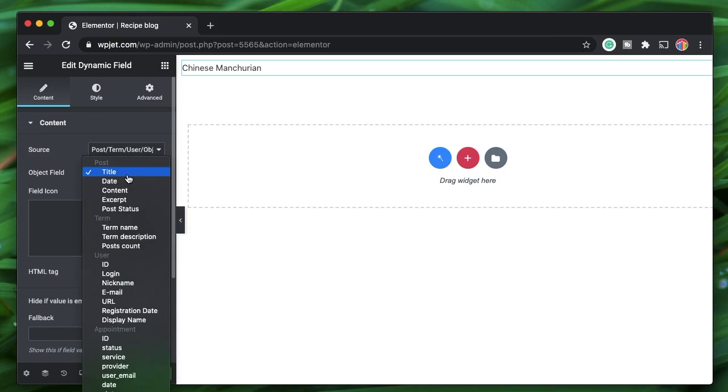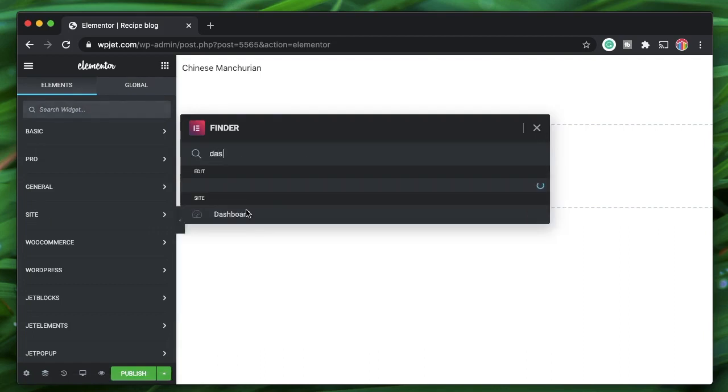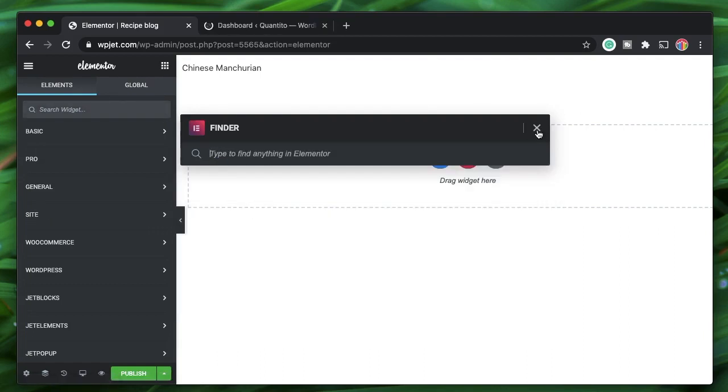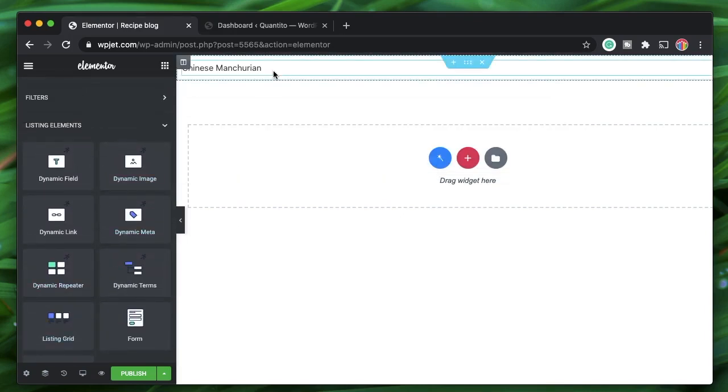I'll just drag that in, and I think it's better to copy from the custom post type that we already designed. So I'll go to dashboard. I'll just copy and paste the dynamic widgets that we want. Of course, you can drag each and every widget and customize it the way you want for this recipe. But